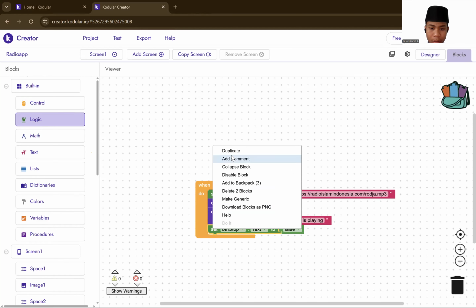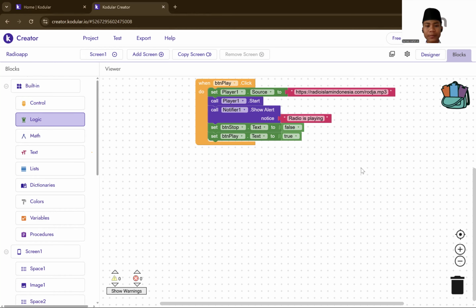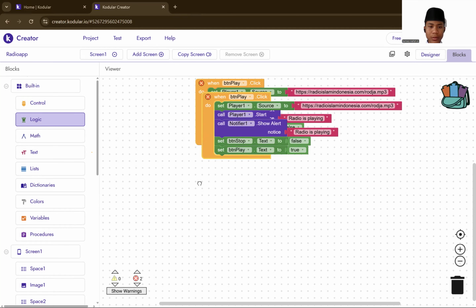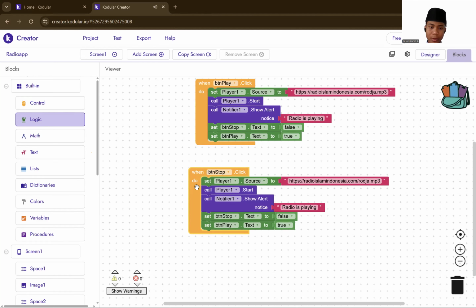Okay, and then you copy, duplicate. Sorry, wait, duplicate. Then duplicate, this you change to play, and the false change to true. Okay, if done like this, you copy this. Okay, wait, copy and change to stop.